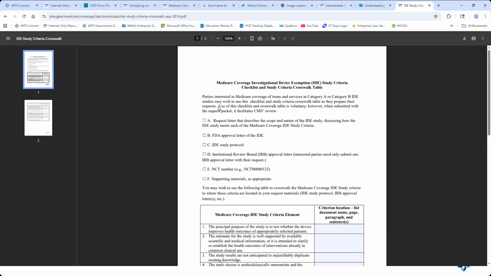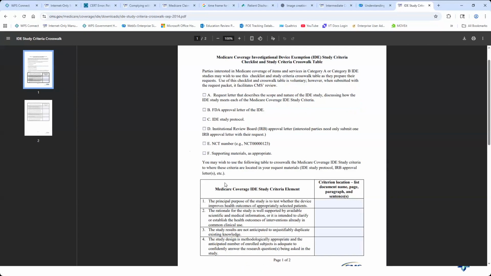So I'm going to bring that open. When you open this checklist, you can see it walks you through what all is necessary. This is going to help your sponsor ensure that they are submitting what CMS needs.